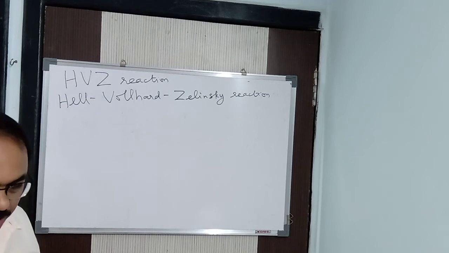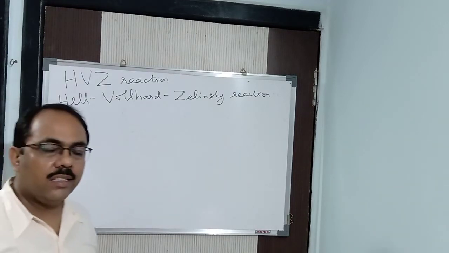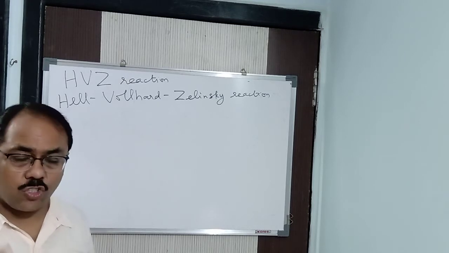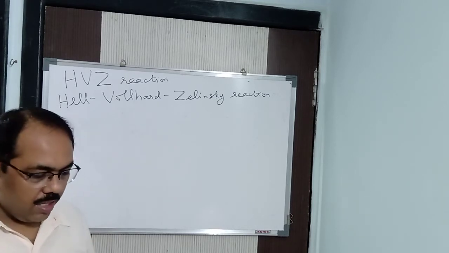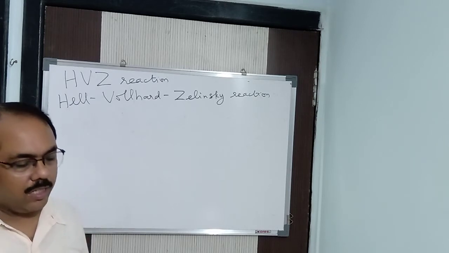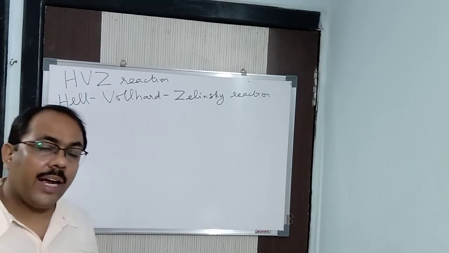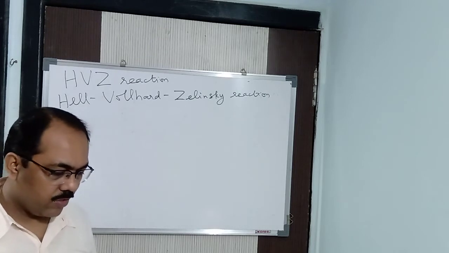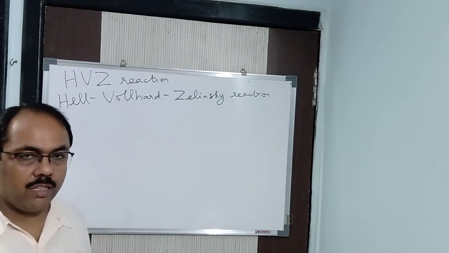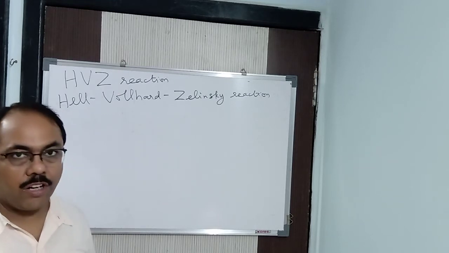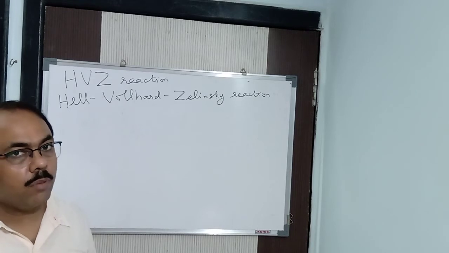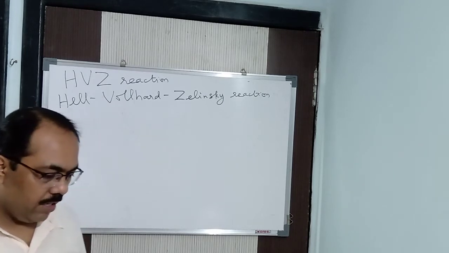Now, in this reaction, what you do is that you react acetic acid or propionic acid, any acid, but it should have an alpha carbon atom present in it. That means you are not going to take formic acid. You are going to take acetic, propionic or any other acid. And you will be reacting with chlorine in presence of red phosphorus. You can react with chlorine or bromine, but don't take iodine, the reaction will be very, very slow. Fluorine is not possible because it is highly explosive. So only left are chlorine and bromine.